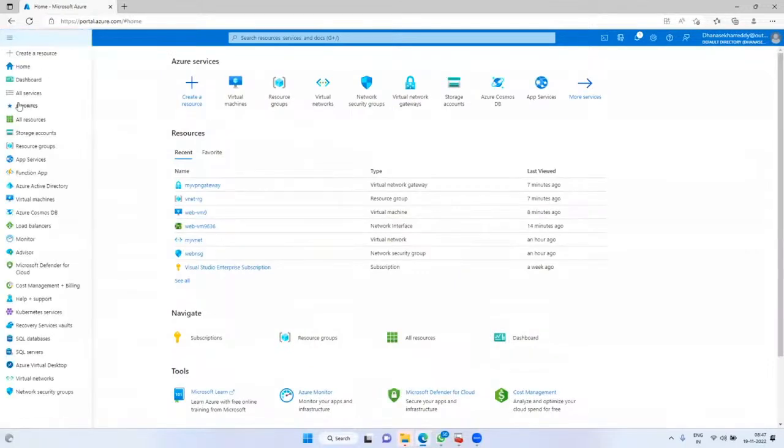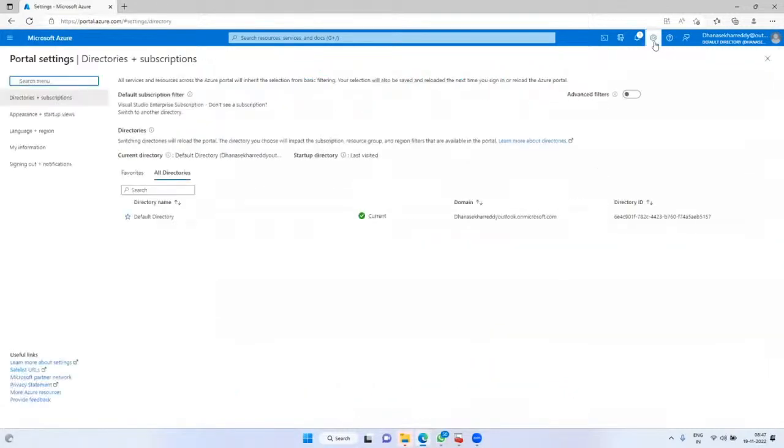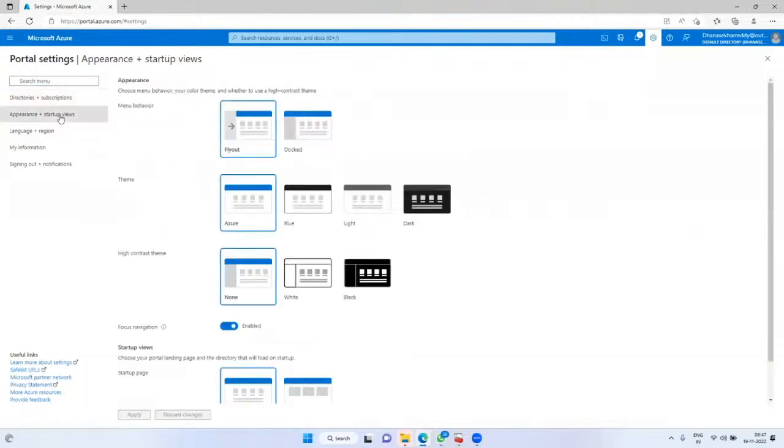So if you want to place the blade directly, I mean permanently, we have one setting. Go to settings. Have a look here, very important. Go to settings. Here there is an option called appearance and startup. Just click on appearance and startup. There is an option called dock, apply it.